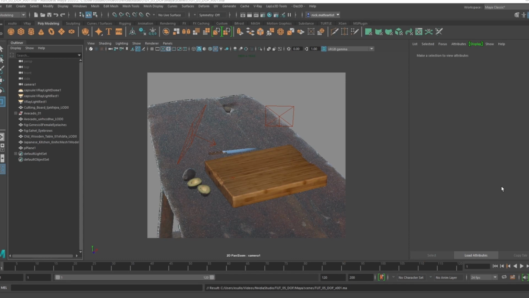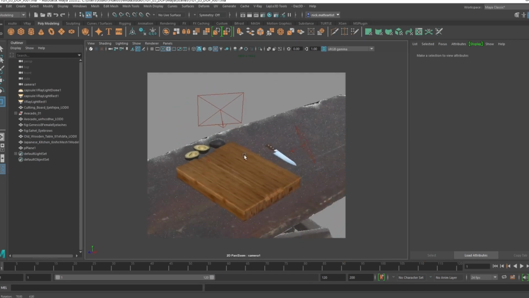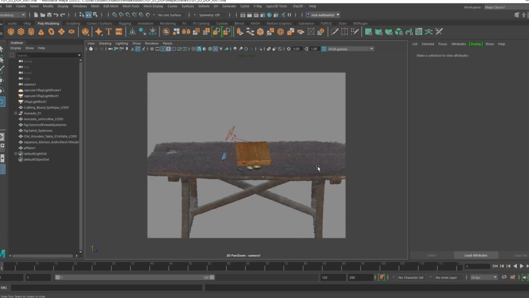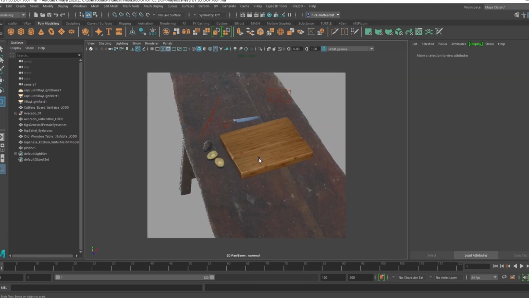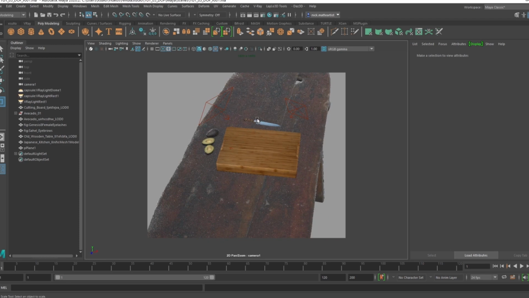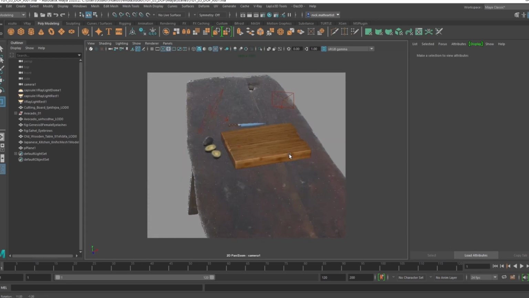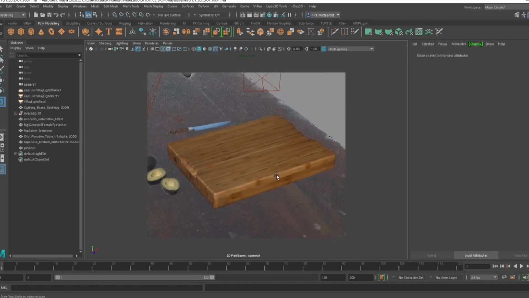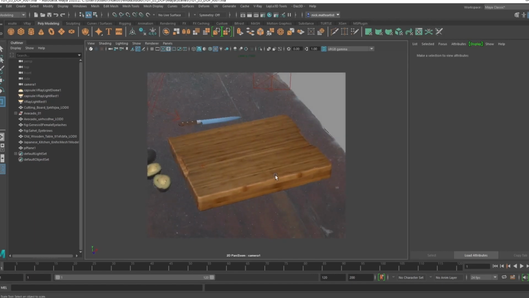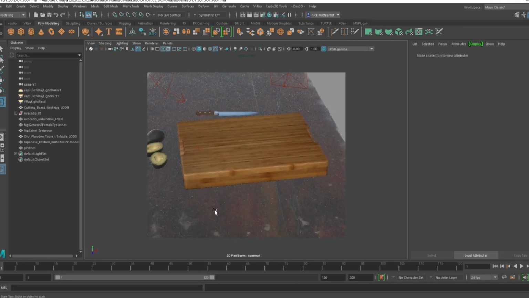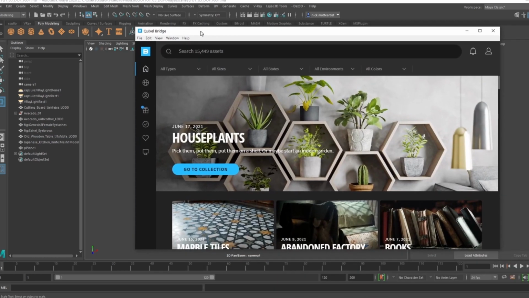All right, so now we're in Maya. What I went ahead and did is drop in a few items. We got a wooden table, a cutting board, a few avocados, and a cut knife. We're just kind of doing maybe a bit of a still life imagery to kind of get going on this depth of focus, and using V-Ray's camera to get some nice depth in 3D. So let's go ahead and open up Bridge, because that's the main tool I'm using to bring in